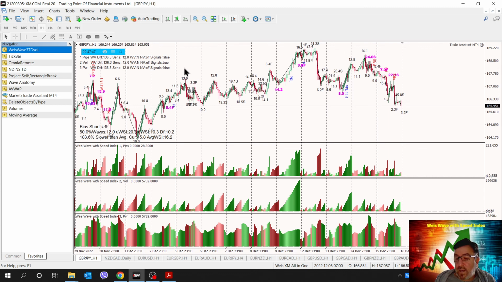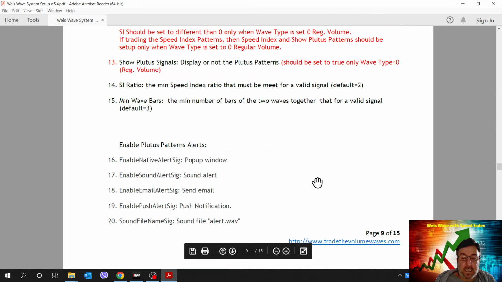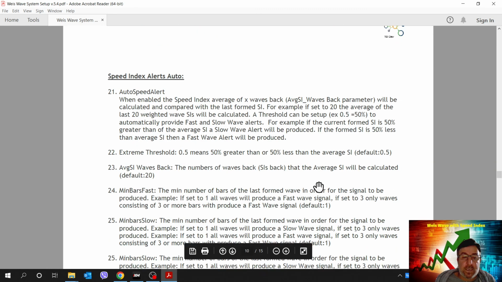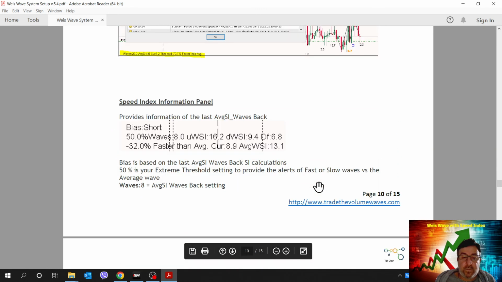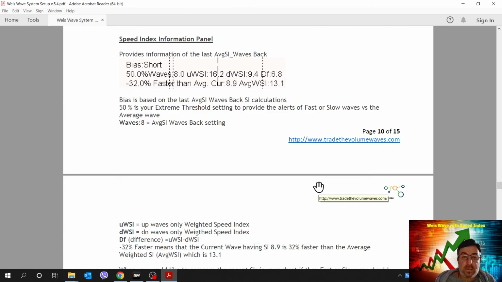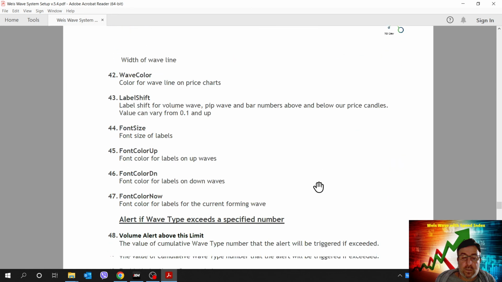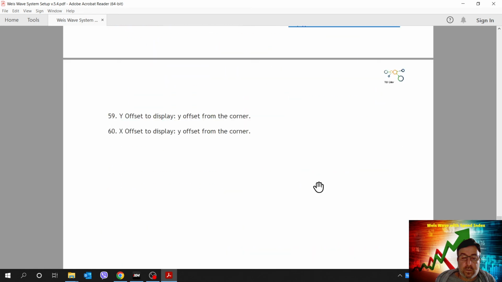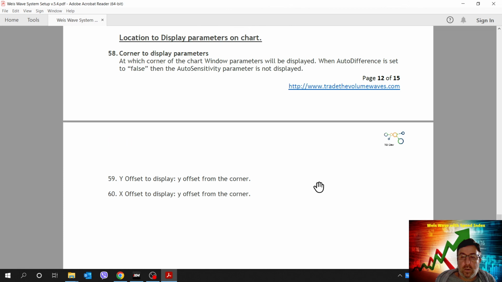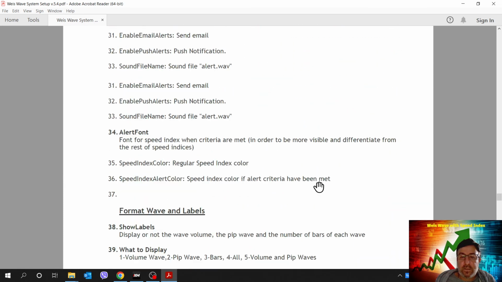Basically, the indicator functions, I have showed them all. Let me see if I forgot anything from the manual. Okay, no, everything has been said.